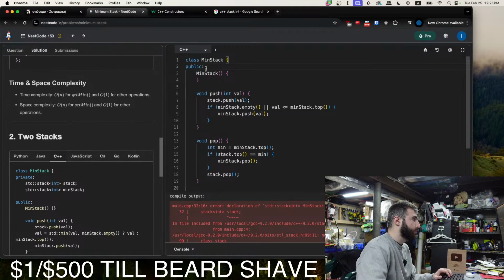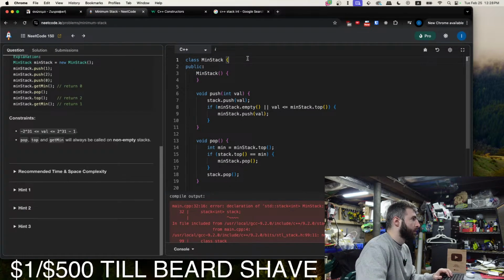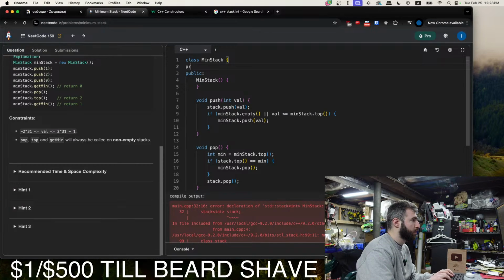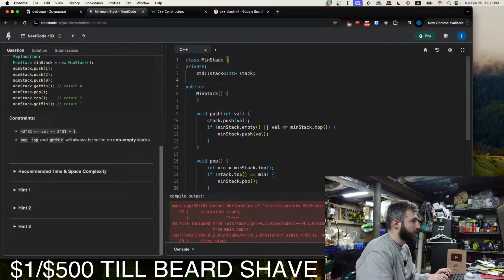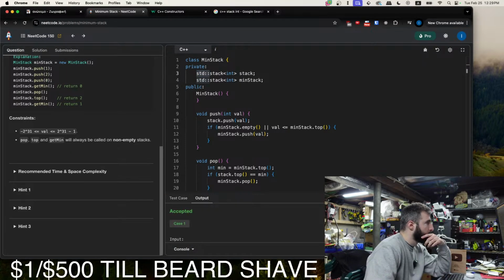Okay, so private std::stack<int> stack, and std::stack<int> min stack. I haven't had to use the standard library declaration like that before this.